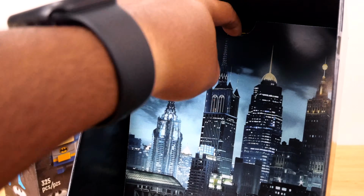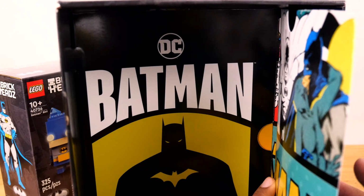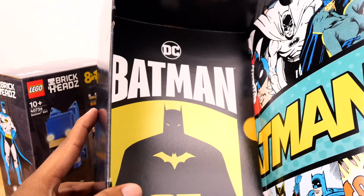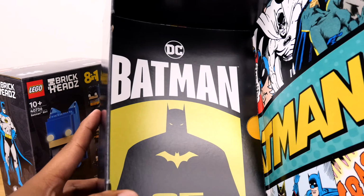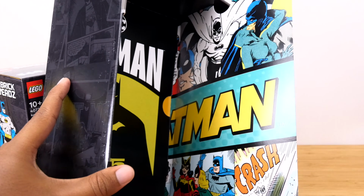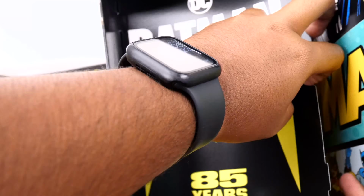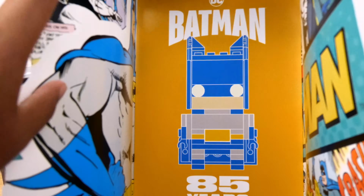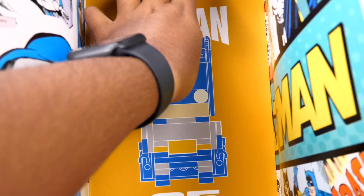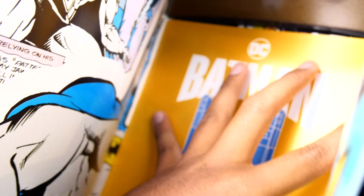So, oh, I see a little tab there. Does this just come... Oh, wow. Okay, that is extremely fancy. Wow, this is a nice box. You have this artwork on the side of Batman in the comics. You've got the 85th anniversary marketing logo that they're using this year. And then I think that those are the posters in the center. Can I get them out? Do I need to push it from the other side, or...